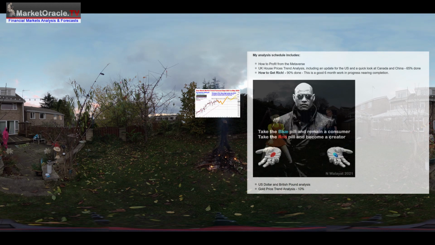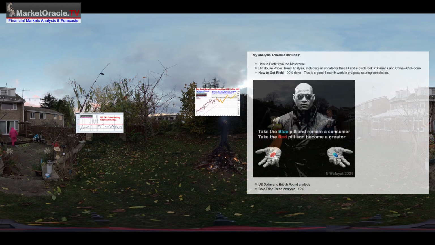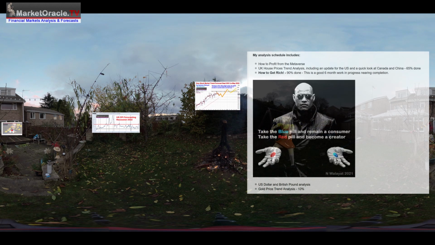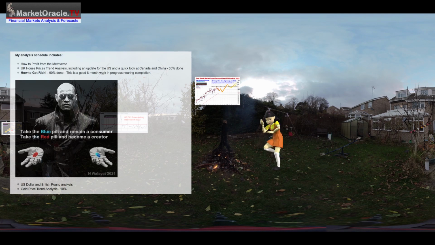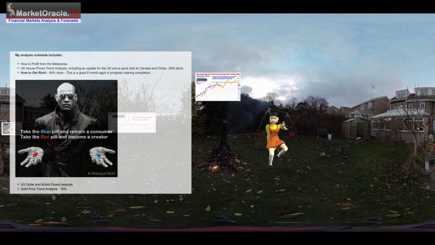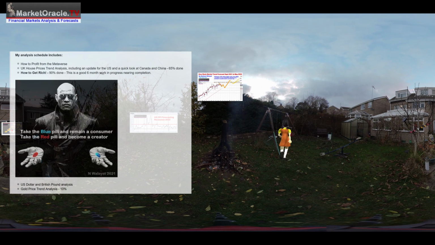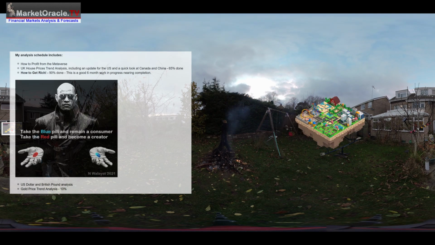And I already updated my high risk stocks portfolio. I look at the UK house prices and the impact of the unfolding Chinese property market crash that I've been warning of since July. That is a financial crisis brewing and it's going to impact house prices. And so that's pending. It's about 65% done. And then I'm going to take a look at the US dollar and British pound, as those forecasts have now been completed. The British pound has fallen to around 1.32. So it's time for a new forecast on the British pound.